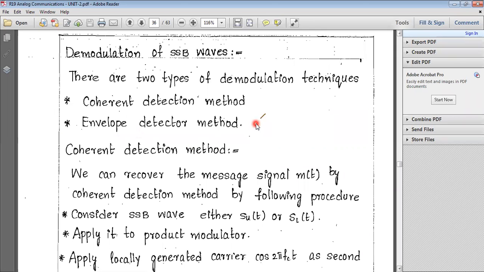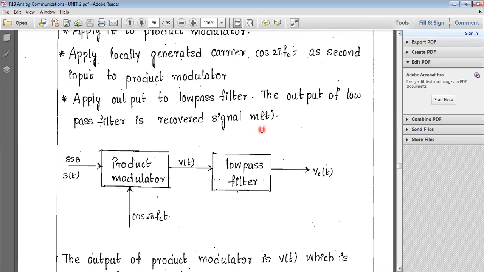Already you know what is meant by coherent detection method. The main key point in coherent detection method is that the transmitted carrier signal frequency and phase are the same as the received carrier signal frequency and phase. So synchronization is done between the transmitted carrier and the received carrier. The carrier used at the receiver side must maintain the same phase and frequency as the transmitted carrier. That is the meaning of coherent. It is also called synchronization.